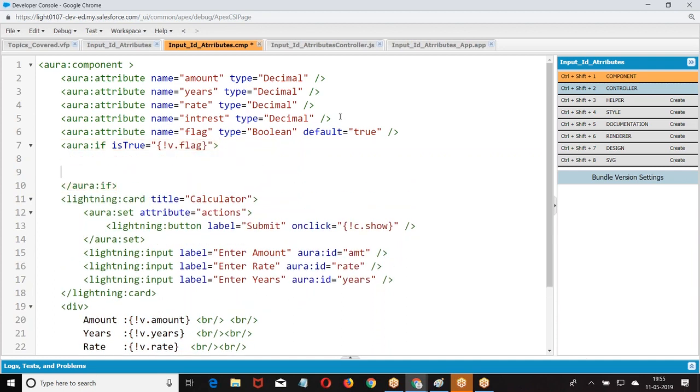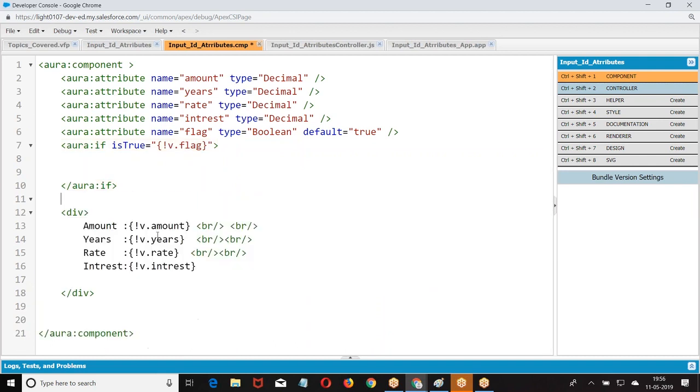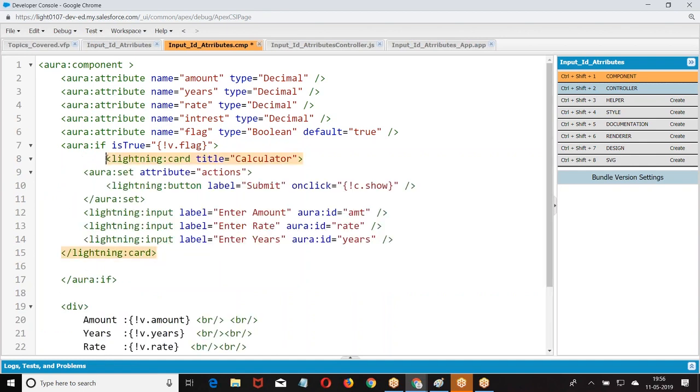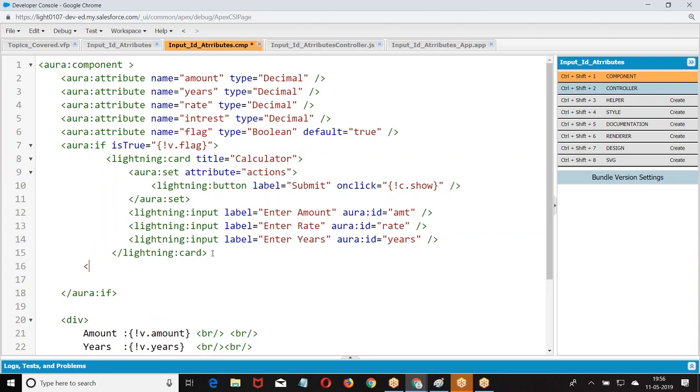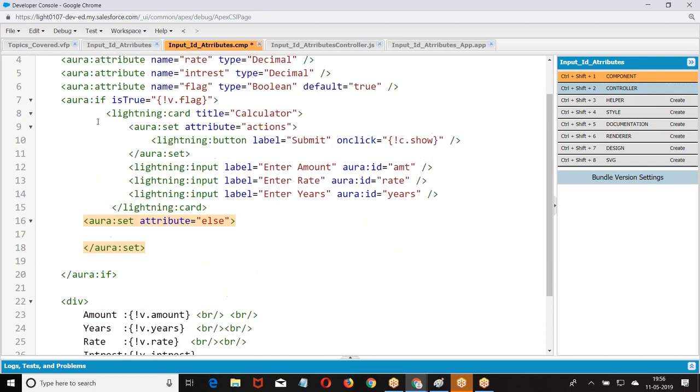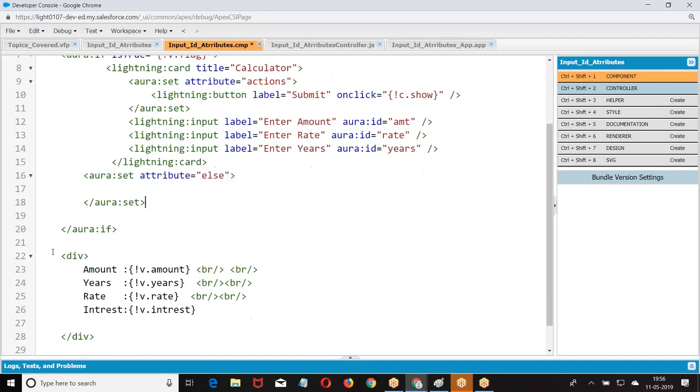The value of flag is true, do this. Then I am giving aura:set attribute: if it is true, do this; if it is false, do this.